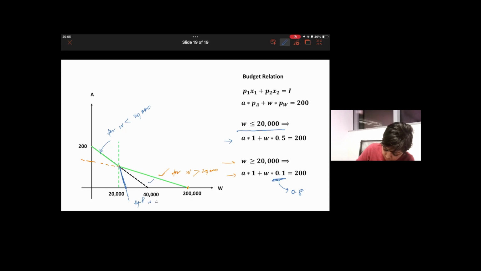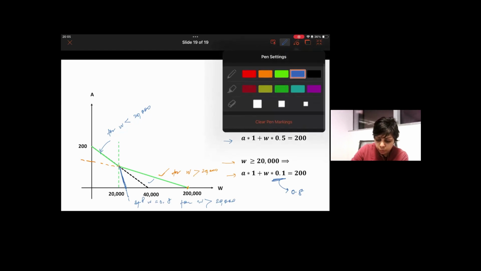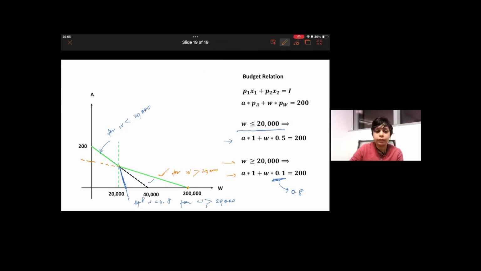PW is 2.8 for, which is why I've taken a different kind of example in the class from what was discussed in your lectures. 0.5 at 20,000, not per unit price. I didn't understand your question, but let me move on because I think there are still some concepts I need to cover. So in this case, because the price is reducing up to 20,000,